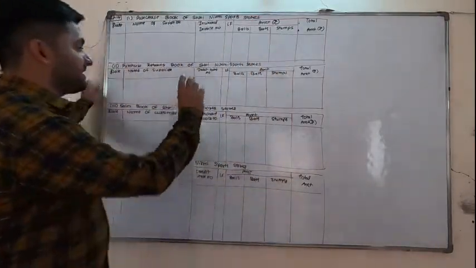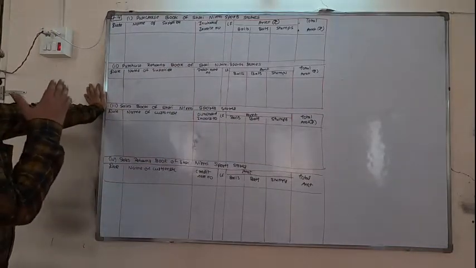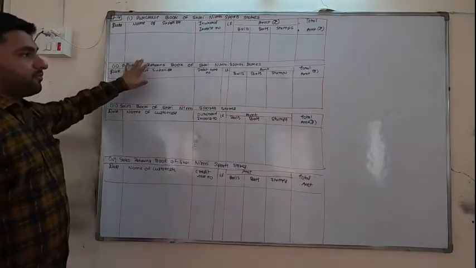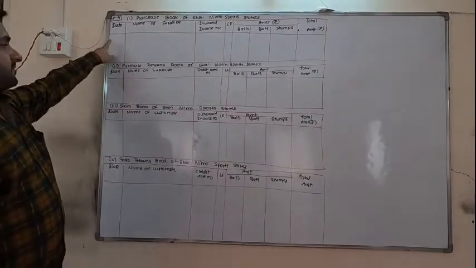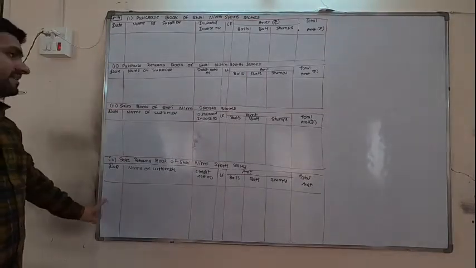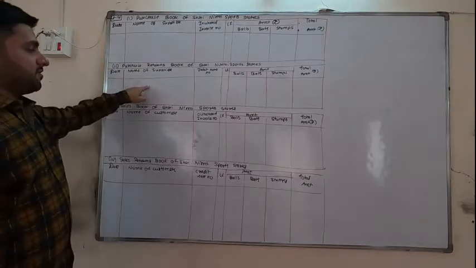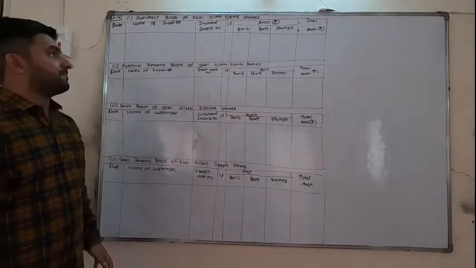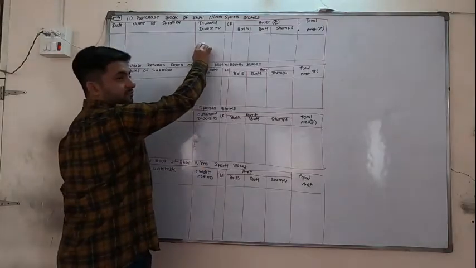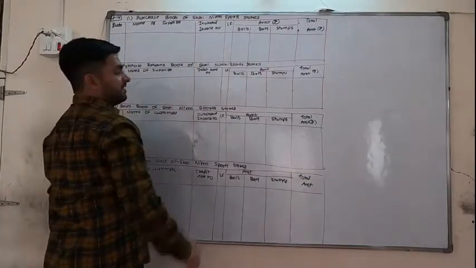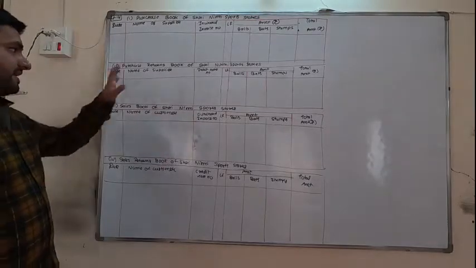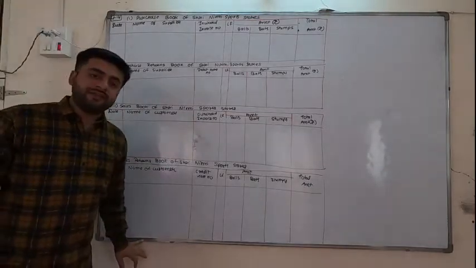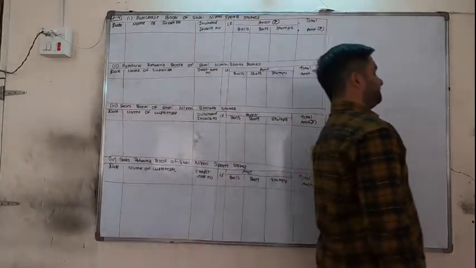I have taken so much time to draw this format. In each book you keep 4 lines and draw the format: purchase book, purchase returns, sales, sales returns. Purchase and purchase returns will have the name of supplier, sales and sales returns will have the name of customer. For purchase, inward invoice number. For purchase returns, debit note number. For sales, outward invoice number. For sales returns, credit note number. All have columns and each will have 4 lines. Okay, let's start the sum.